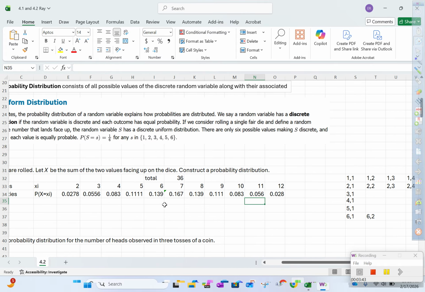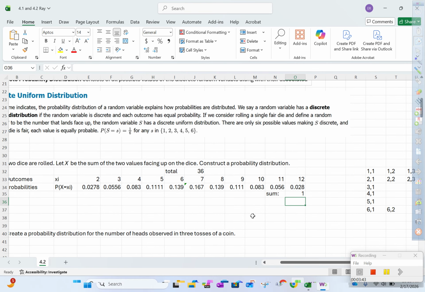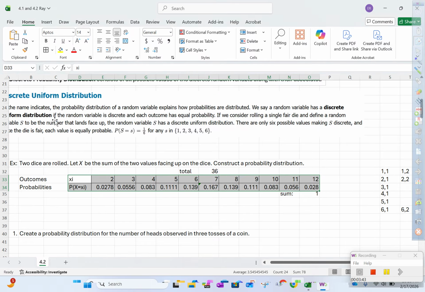Now, when we talk about outcomes in a sample space in general, the sum of your probabilities must be 1. So just to verify that we got all of those individual probabilities correct, we're going to go ahead and add that up. And there we go. It works out. Now, just so we cover all possible questions, this was the probability distribution. So this is what it was asking for, is make a nice table with your headings, your different outcomes, and the probabilities that are associated with it. I'm going to add some borders here, and then I'll highlight it to say that's my answer for the question